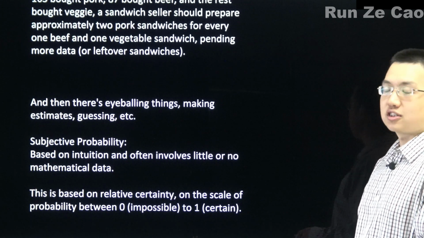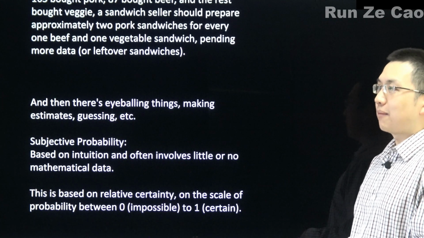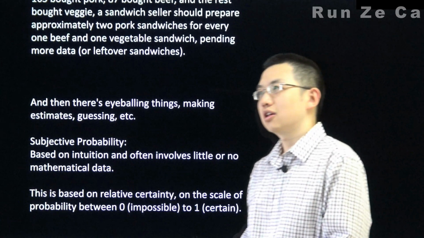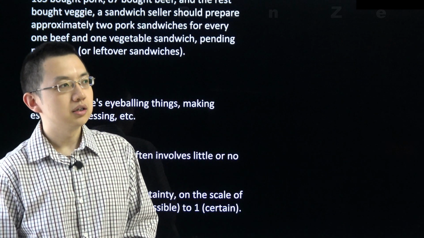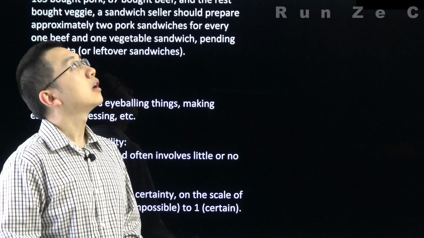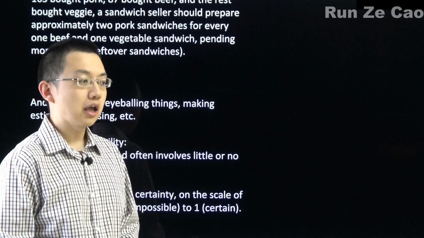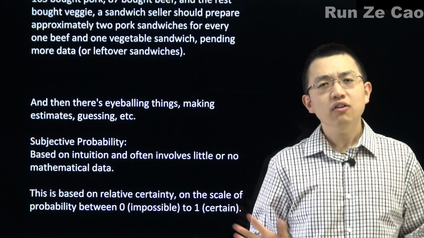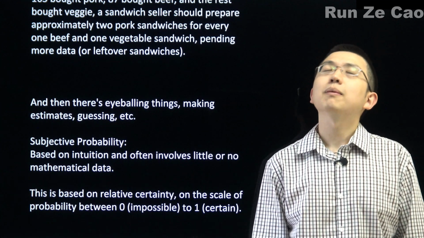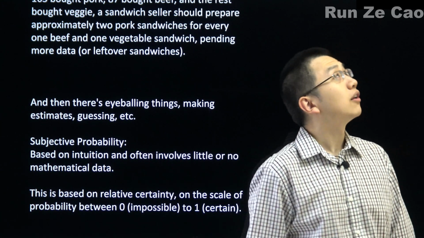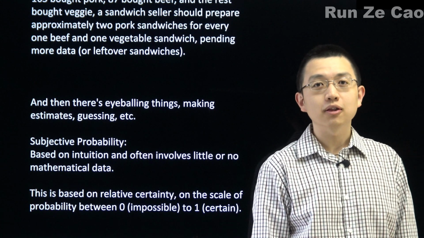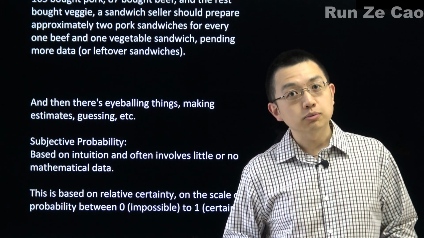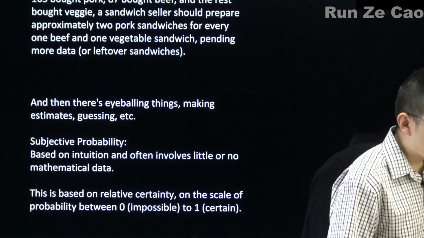And then we have people just eyeballing things, like say, oh, I'm 99% sure that I just did well on that test. Or, I think there's a 20% chance it'll rain today. Now, yes, okay, actual weather predictions use complicated formulas and computers, and they aren't a matter of the weatherman going out and looking at the sky for a bit and going, oh, it's probably 30% chance of raining today. No, it's not that hodgepodge. But